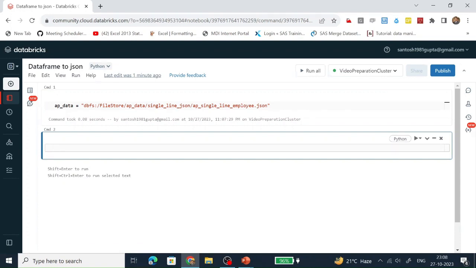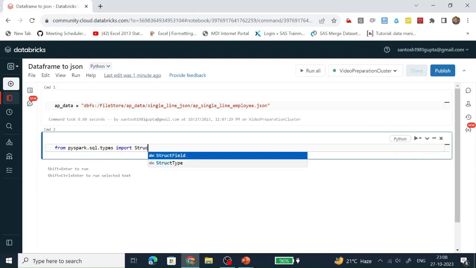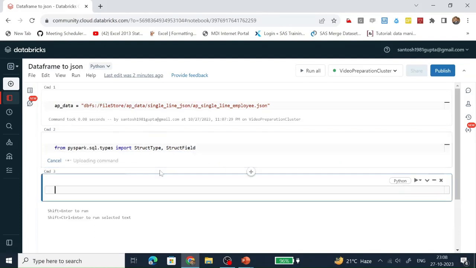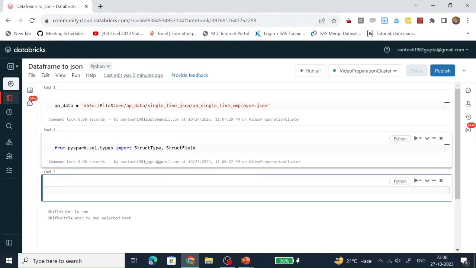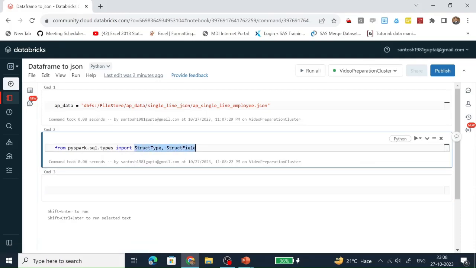From pyspark.sql.types import StructType and StructField. Here we are importing only two functions which are present in this package.